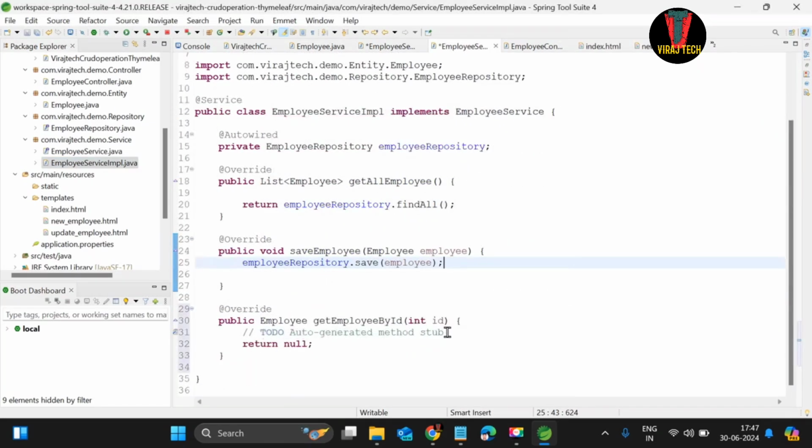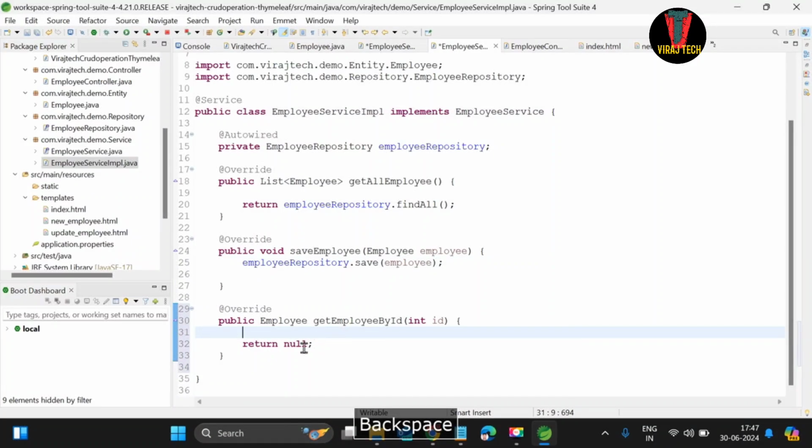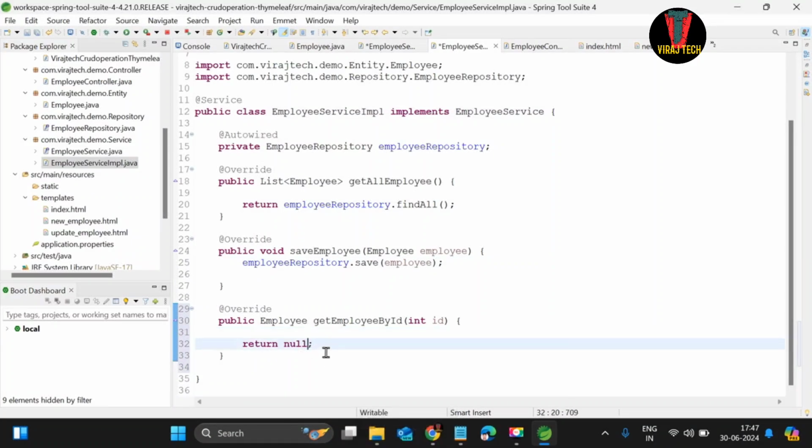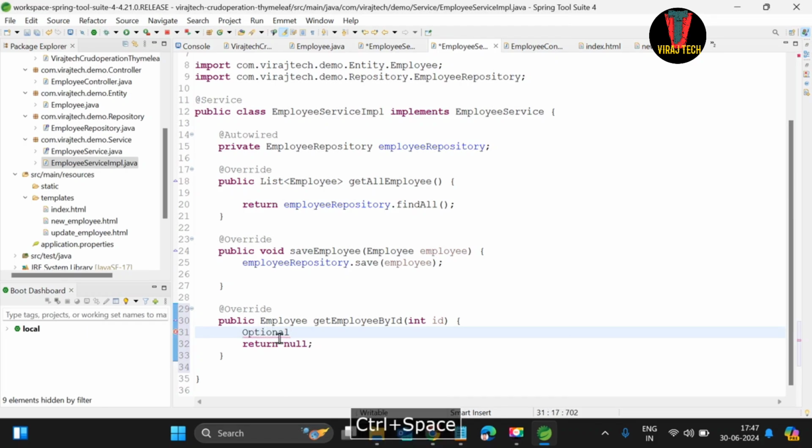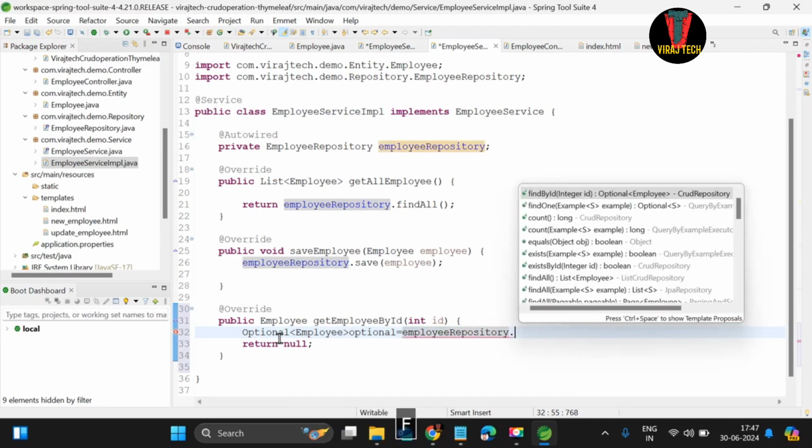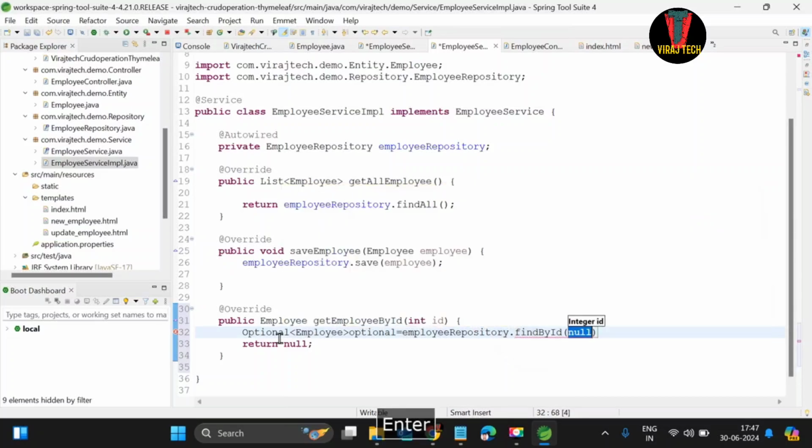We will override this method, clear this comment, and here we will use Optional, Ctrl+Space, enter, Optional<Employee> optional = employeeRepository.findById(id);